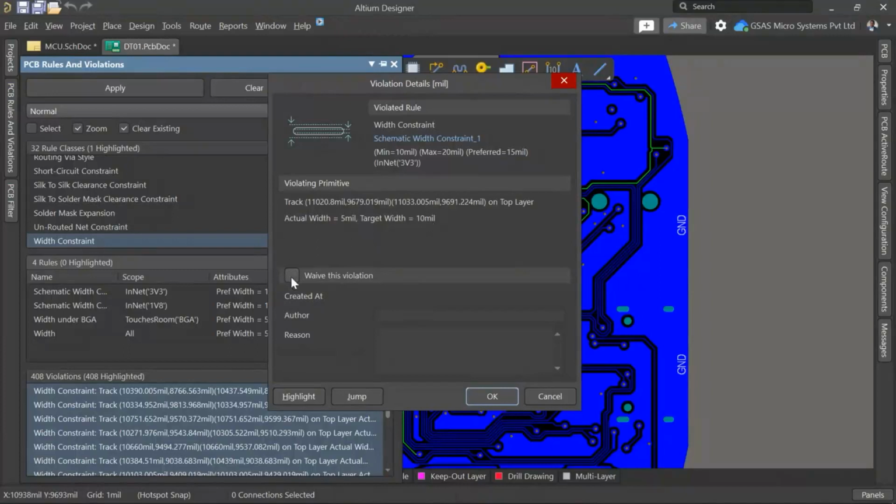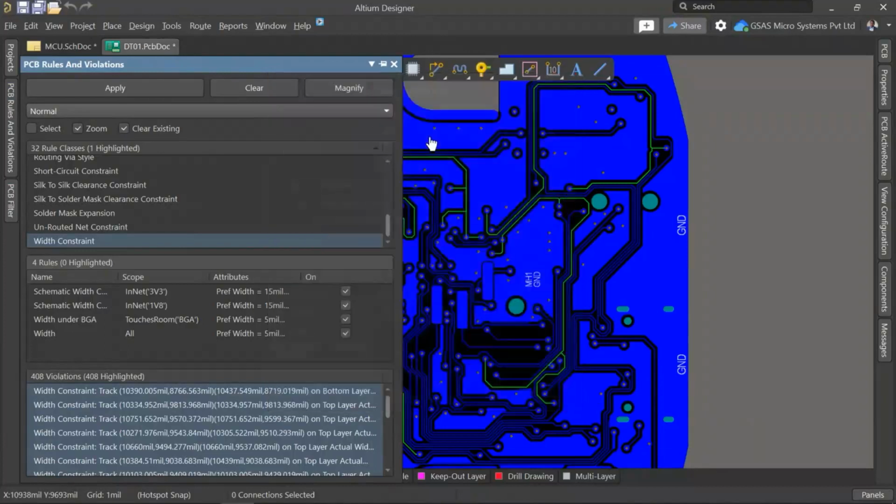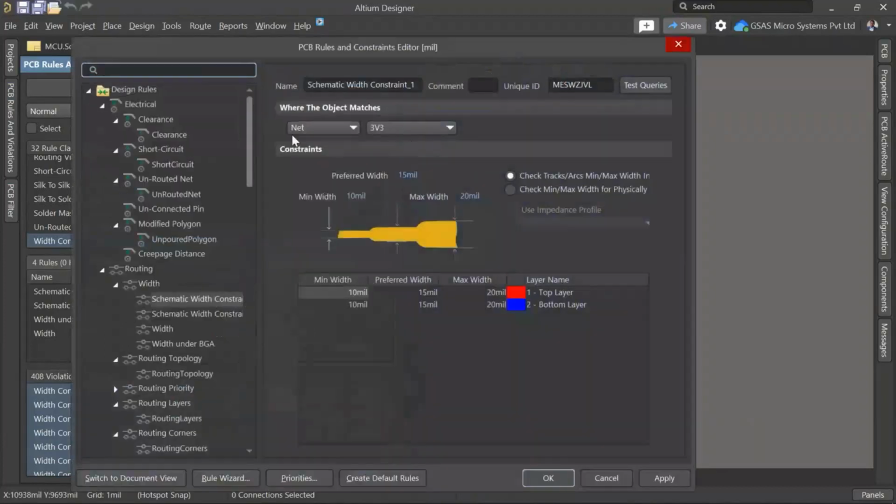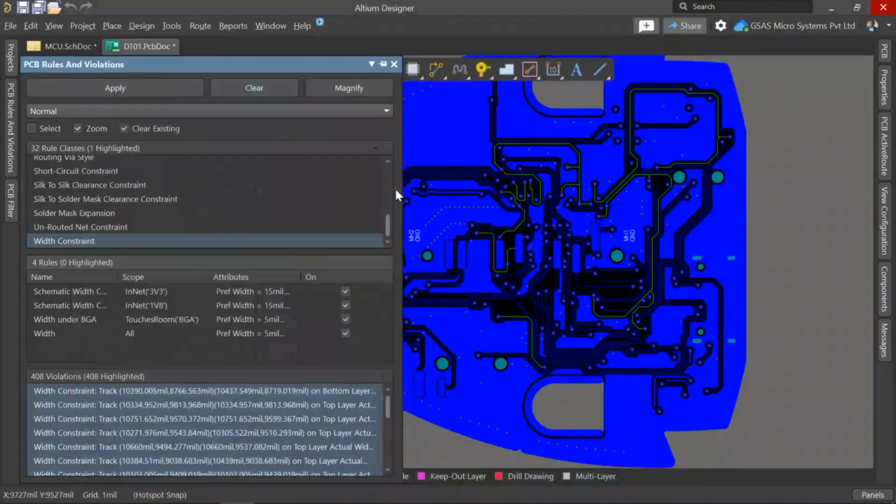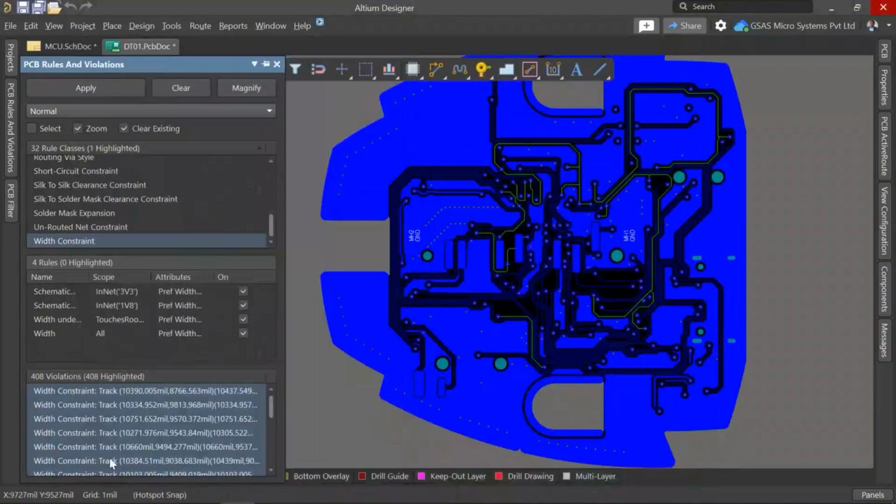Suppose if you want to waive this violation, just click on this waive violation and automatically it will take the name of the person who signed in and you can write it. Okay, or you can click OK, it will waive off. But here if you click on this schematic with constraint, it will take you to the particular rule where it is inside the design rules. But here if you take a close look at the design rules,